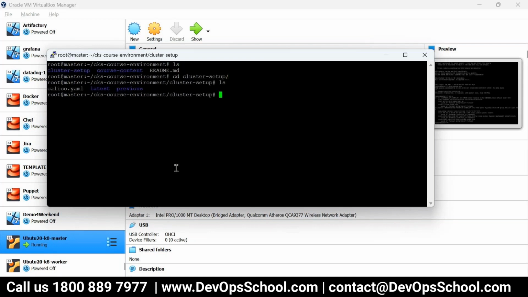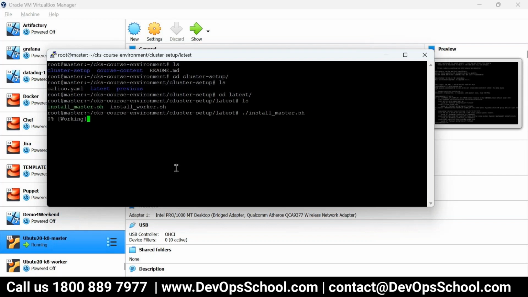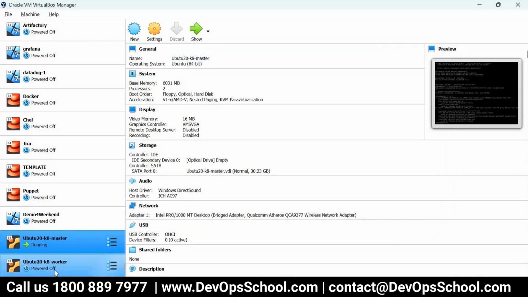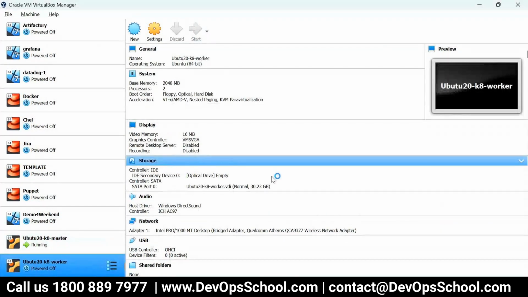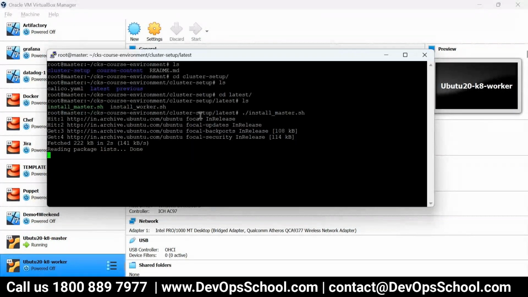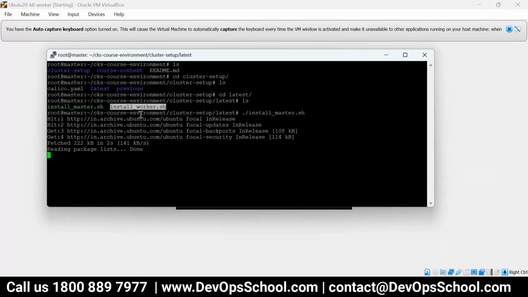It will do everything and install master. Okay, let it happen. At the same time I will do that for the worker also, just to save time. For the worker, you have to run another script, this one. Okay, so let it happen.